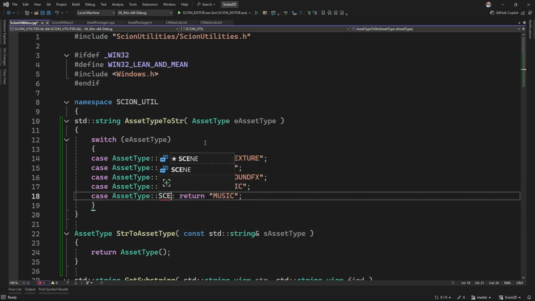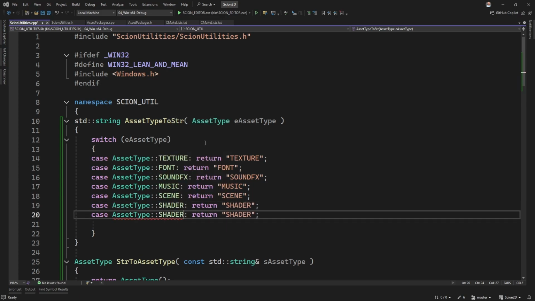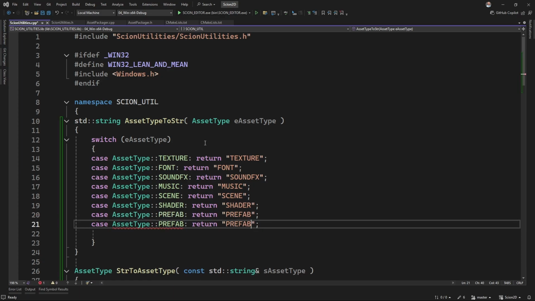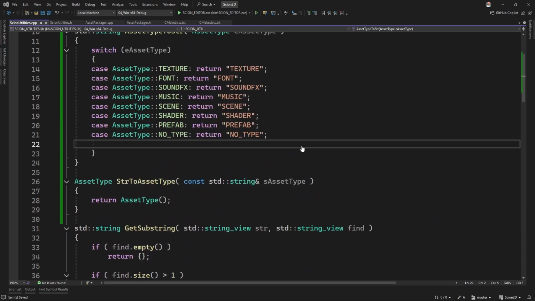We're not gonna have to worry about scenes, but we'll put it here anyway. Scene, shader, prefab in here. Yes, it is. Might as well put that as well. Prefab, and no type. Otherwise, we just want to return